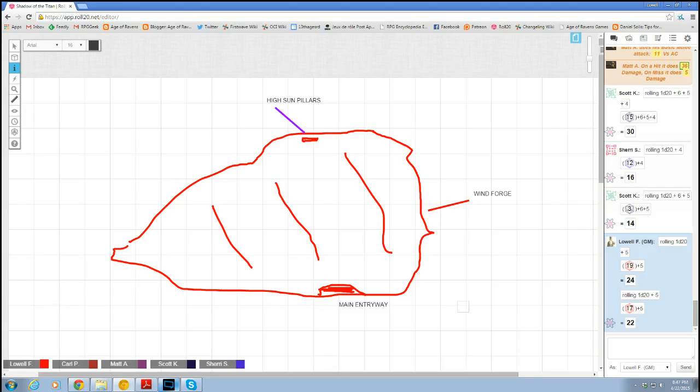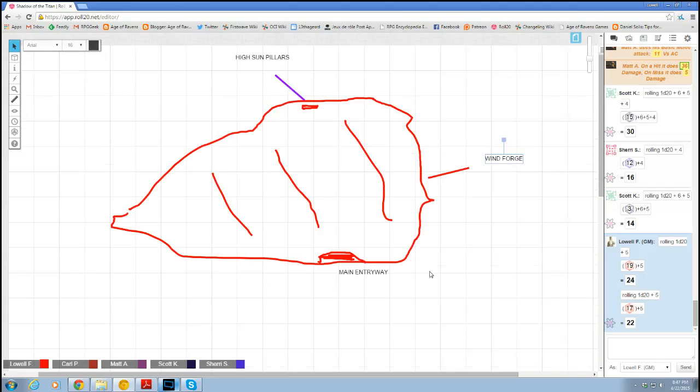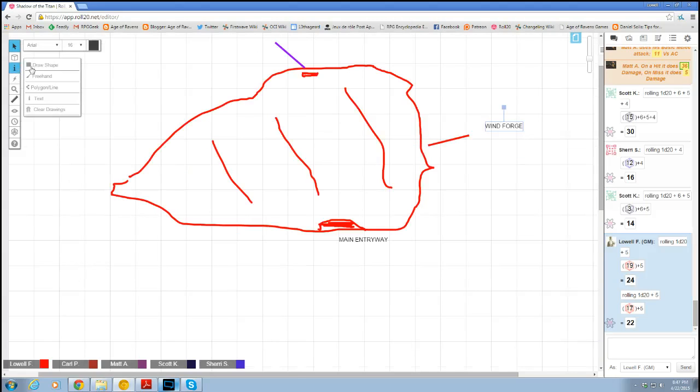Does that make sense? Yes, it makes sense. So the main entryway is blocked up with these horrible creatures. High Sun Pillars is up top, and it requires getting past the creatures to some extent to get that high up. Essentially, because you have to make your way along the shoreline. And of course, the other way is potentially the